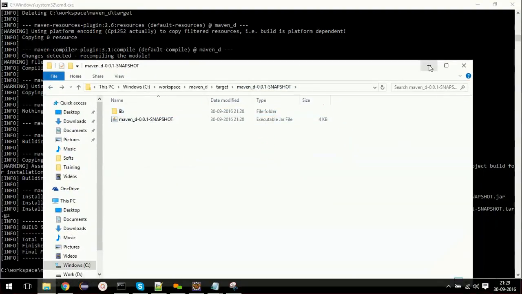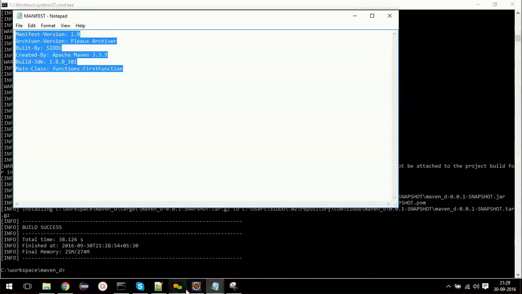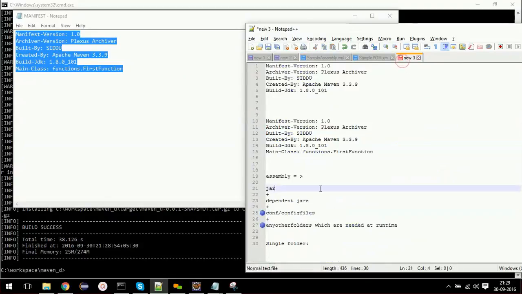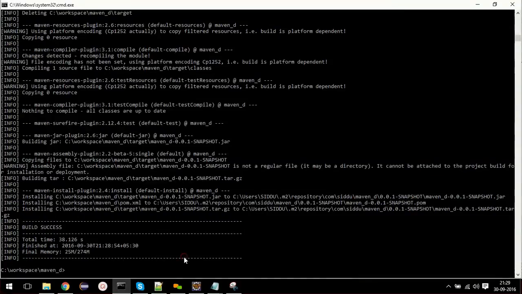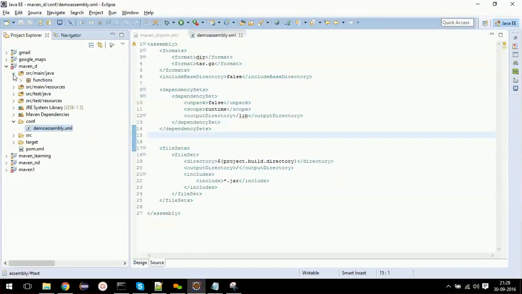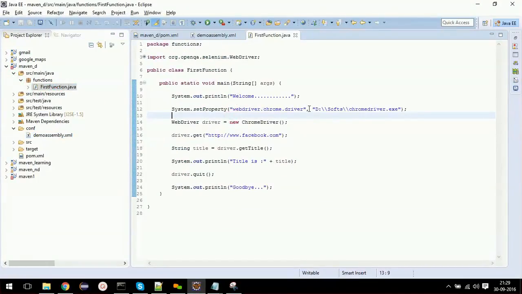Now in the same way we'll create the other files that we were talking about, like we might need config files. We'll do one thing. If I go back to this code here, see, I have added D: chrome driver.exe. This is not a good way. Suppose I build this and share